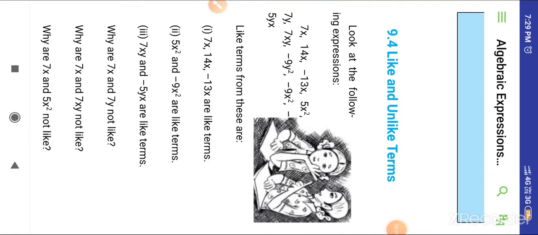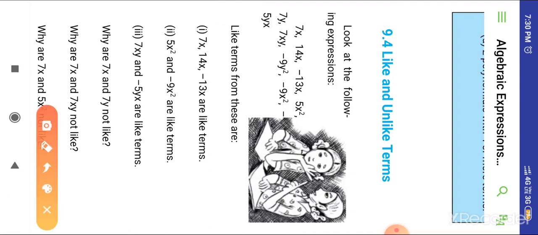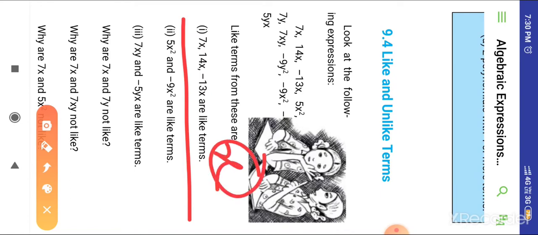Now we can easily compare these numbers. Among these three numbers, minus 4 upon 9 is the smallest. After that we can write minus 2 upon 9, and 3 upon 9 is the greatest number. It implies minus 4 upon 9 is less than minus 2 upon 9, which is less than 1 upon 3. In this way you can solve its third part. Now move to the second exercise of chapter 9.